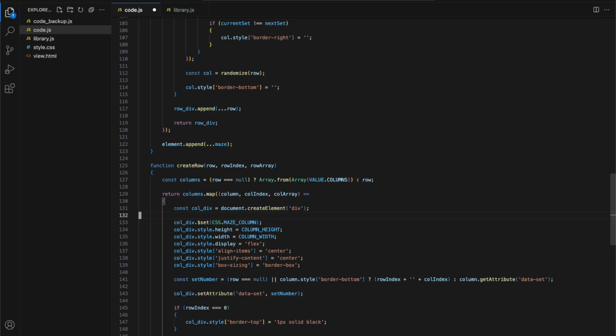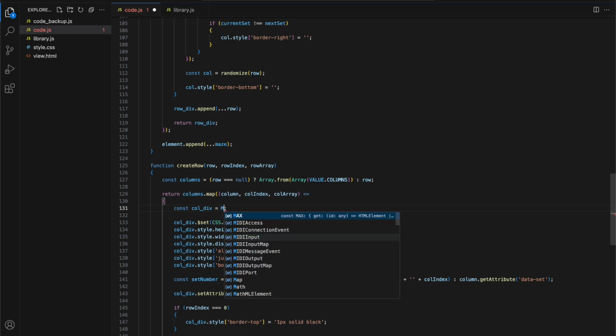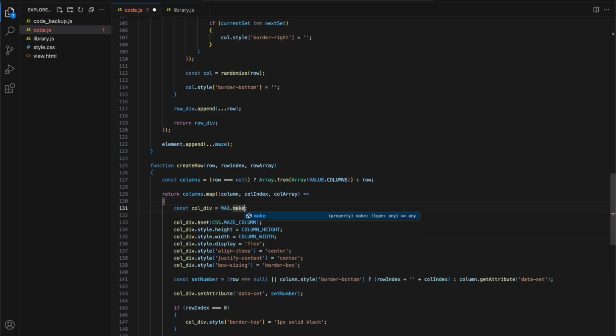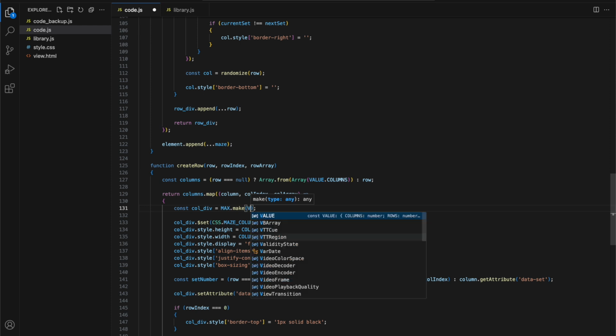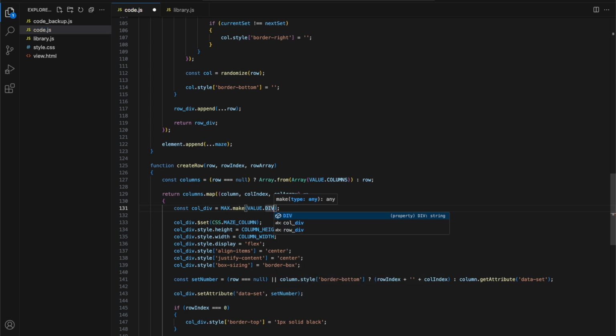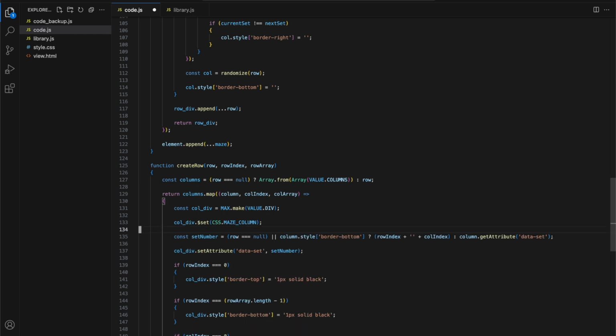And then also, let's not forget, we have a way to get rid of this as well. So does everyone remember what we had there? It was our library that we called max, and we said let's make, and we already have the value div is what we need here to make the column div. So we got the column div here, we got the set all of these properties, and now what we can do, and this always feels good going through code, is we're going to highlight them all however you need to do that, and we're going to delete them. And so let's save our work and